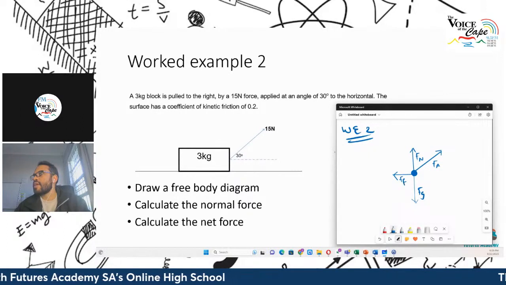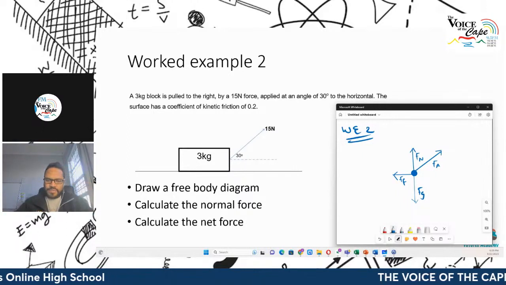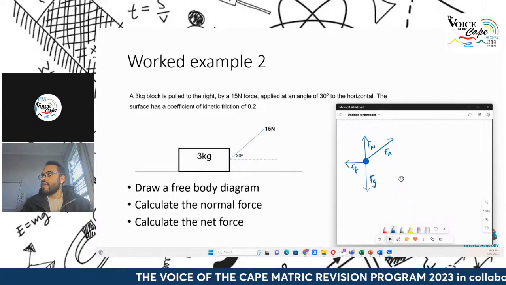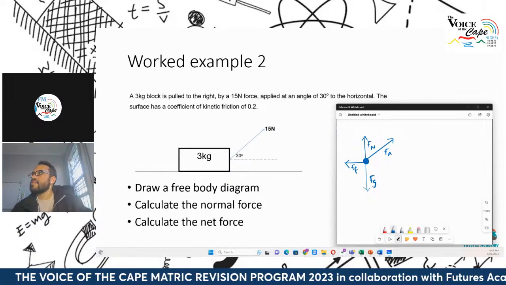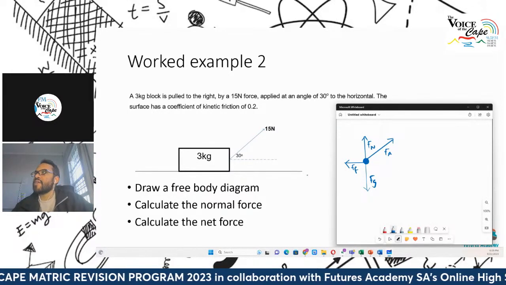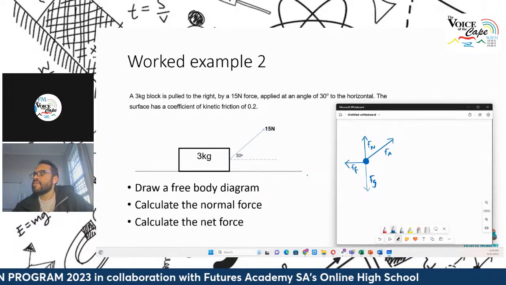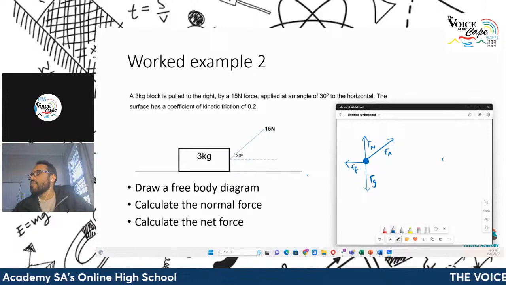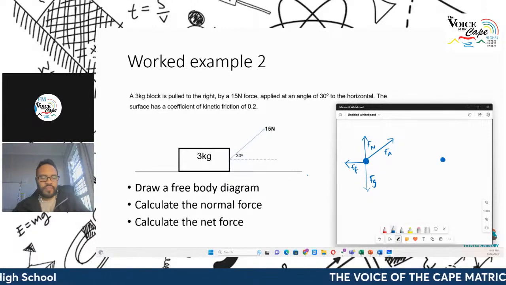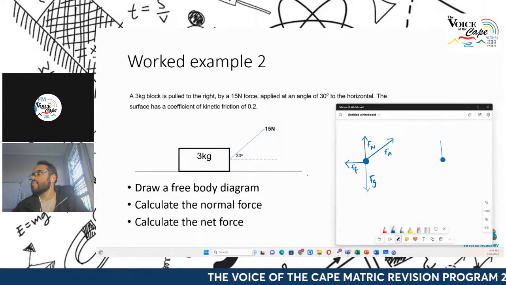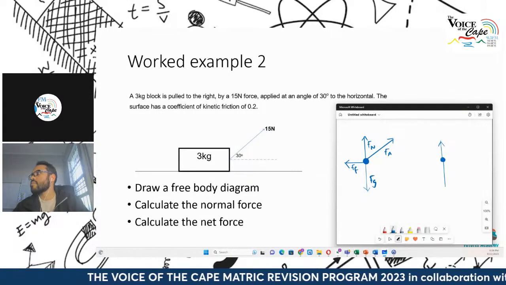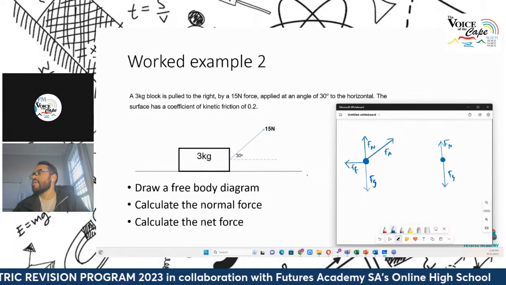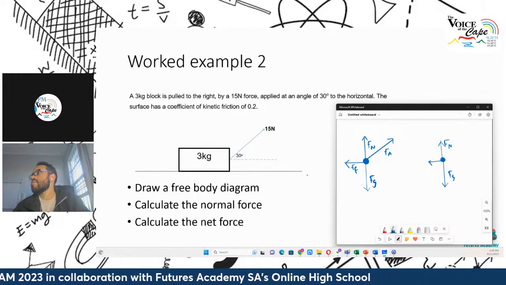Okay. Now, although we've drawn this like this, if you use the parallelogram method, you would know that that applied force has components. So if the question says draw a free body diagram, the one option is to draw this for 4 marks, right? The way you see it. The other option, also for 4 marks, would be to draw it with its components. So there's my Fg, there's my Fn, there's my frictional force.